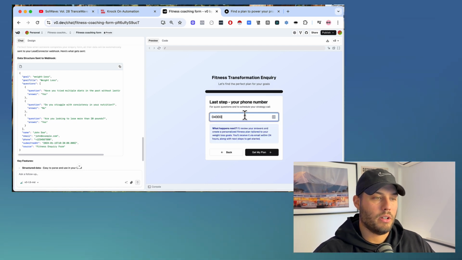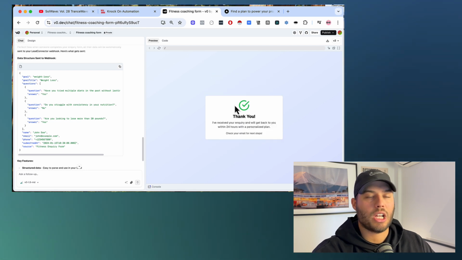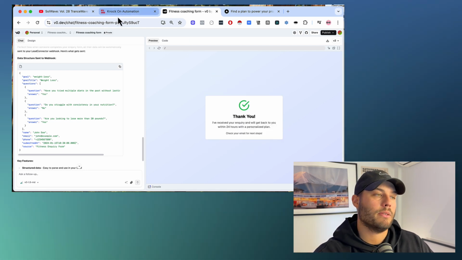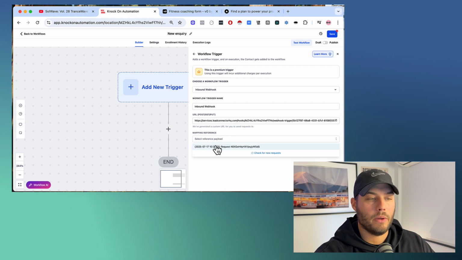I'm just going to put in a random phone number, and it's going to say "get my plan." We would change that to "submit information." So what we're going to do now is click on Fetch Sample Requests. Now, if we click on this here, select Reference Payload, it's going to give information about what's